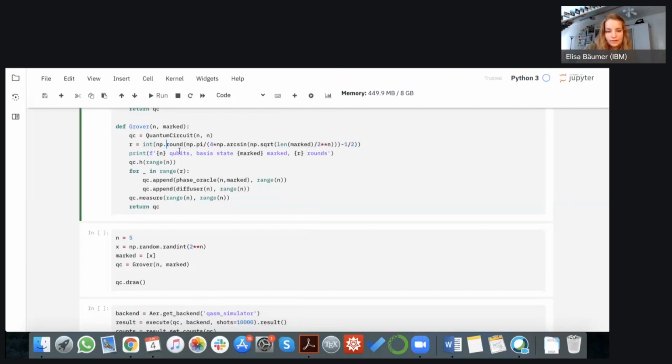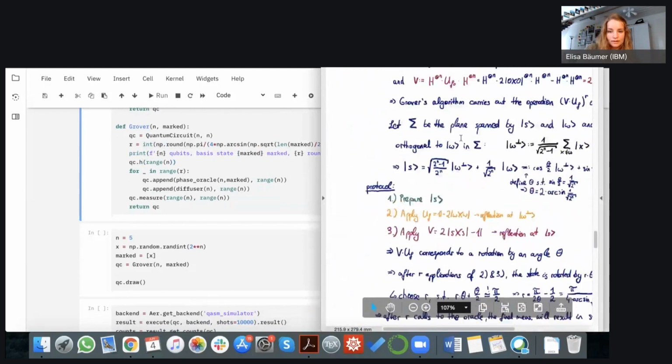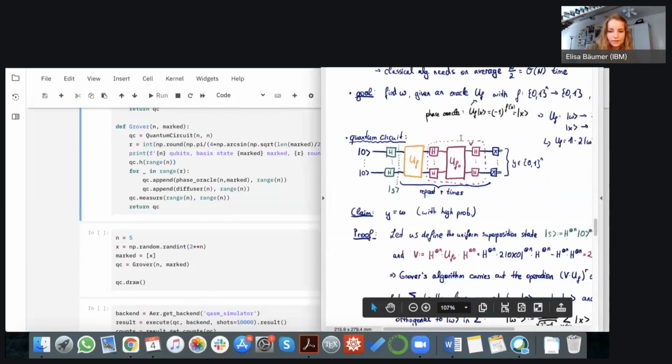And we can also print, just to get this information, how many qubits we have, what is our marked basis state, and what is the number of rounds. Then, in the algorithm, as you can see, it starts by creating the superposition state S, which means applying Hadamard gates to all n qubits, which is what we're doing here.